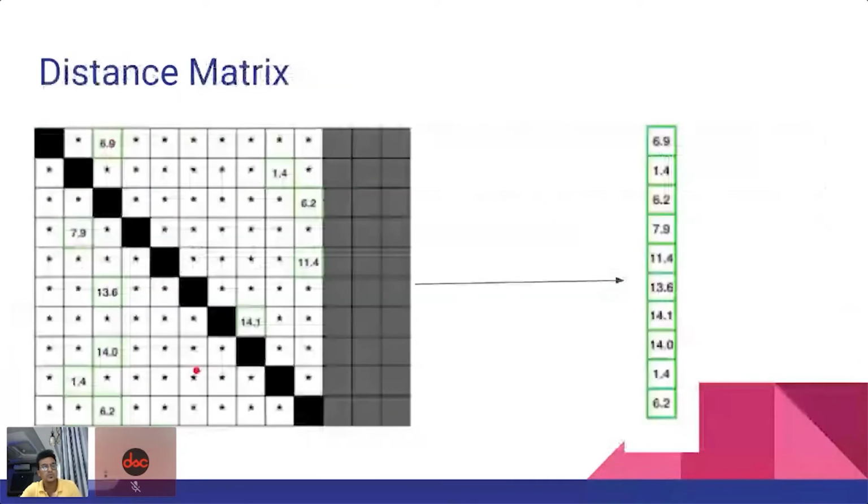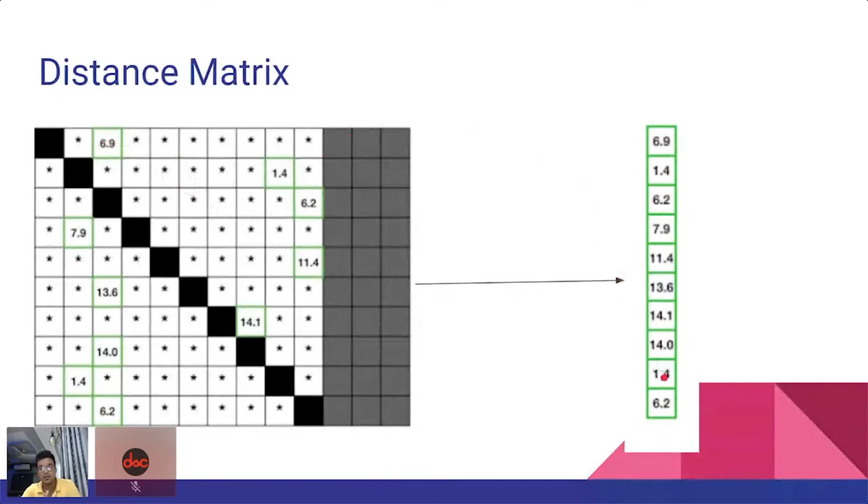So the first row corresponds to when we find out the distance between the first subsequence and every other subsequence. The second row corresponds to when we find out the Euclidean distance between the second subsequence and every other subsequence. And what is the minimum distance? It's 1.4. Similarly, the third row corresponds to the third subsequence and every other subsequence that is there, right? So when we have created this 2D matrix, we select the smallest distance from every row and we create a